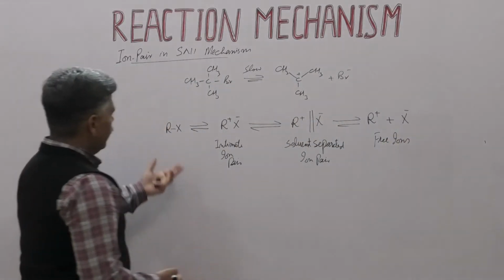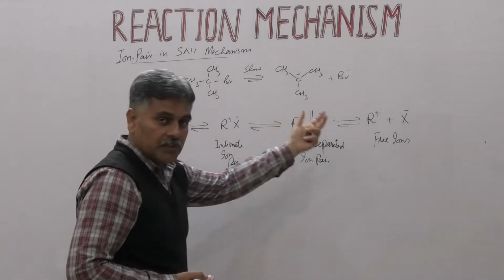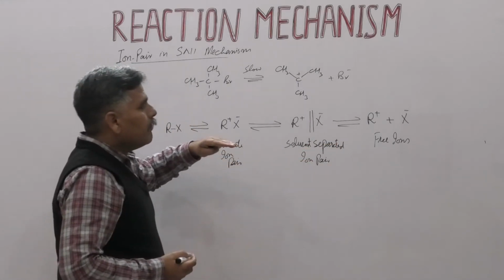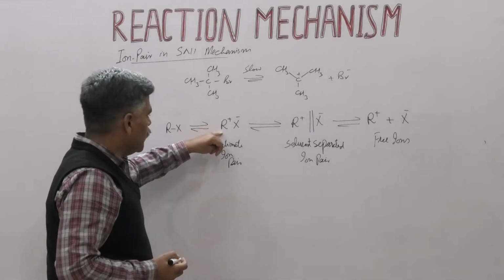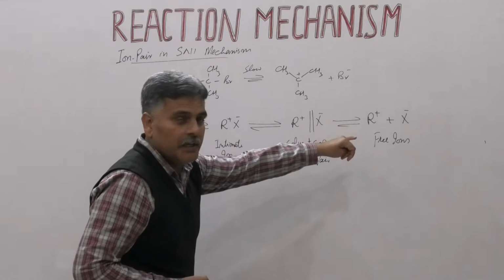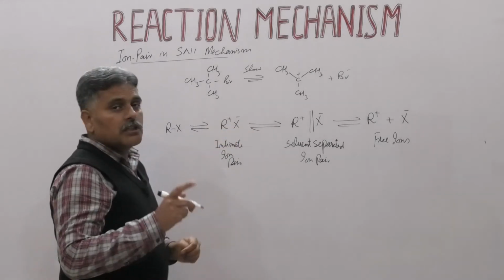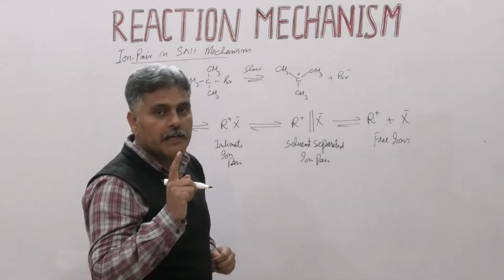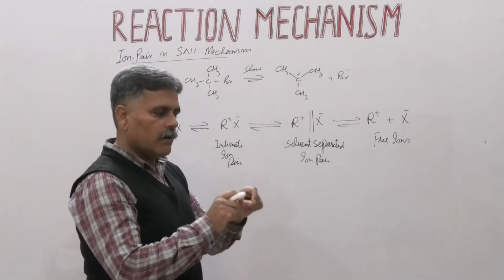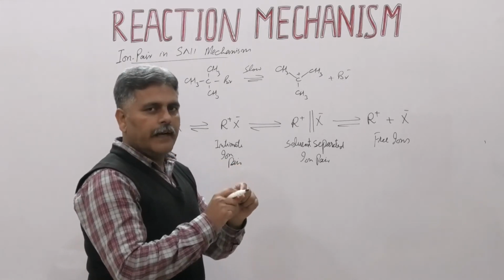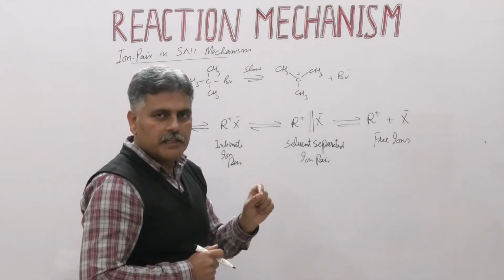So suppose we have our reactant, and then it is converted into an intimate ion pair, then the solvent separated ion pair, and then free ions. The important question is at what stage the incoming nucleophile attacks at this carbon, at this stage or this stage or this stage. If these stages are present and the incoming nucleophile attacks, then keep in mind that there is no complete racemization. In case of SN2 mechanism, we have a clear-cut indication, and we have concluded that there is complete inversion of configuration in an SN2 reaction.